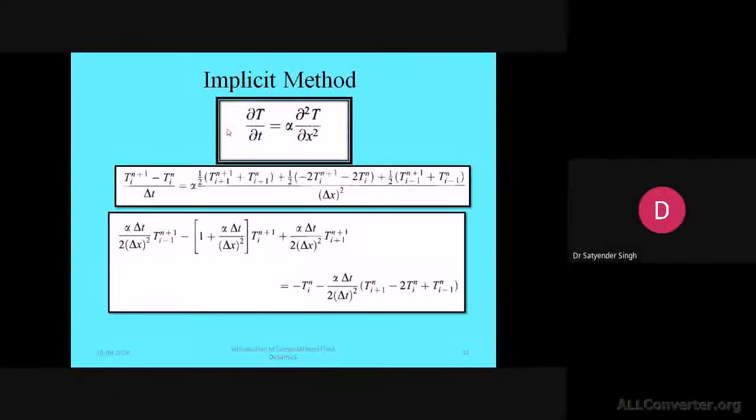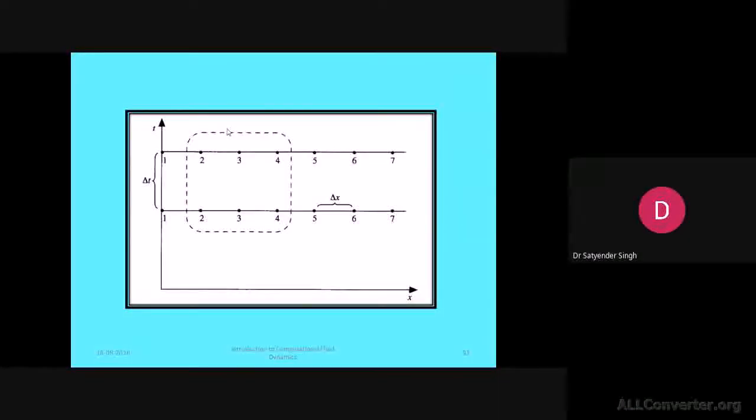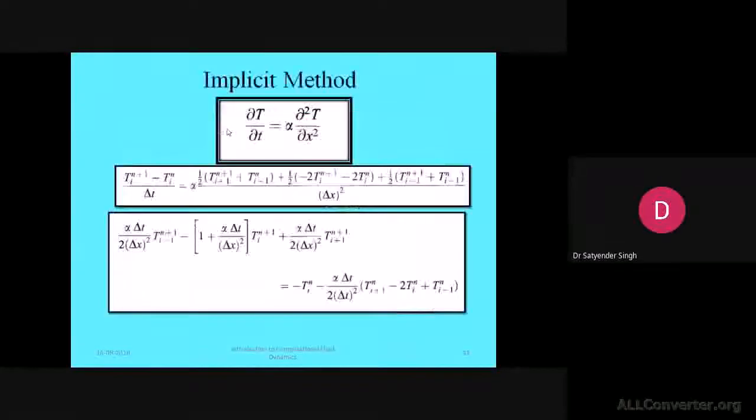Likewise we have the implicit method. Let me show you the graphical representation of this. If you have the information at the previous time level at different nodal points, then at the same time for the next time level you will have the corresponding values. If you have the earlier known initial values at the 6 grid points, then simultaneously the 6 grid points at the next time level can be calculated using the implicit method. So it saves time. The same number of algebraic equations will be solved, which is for the previous time step.